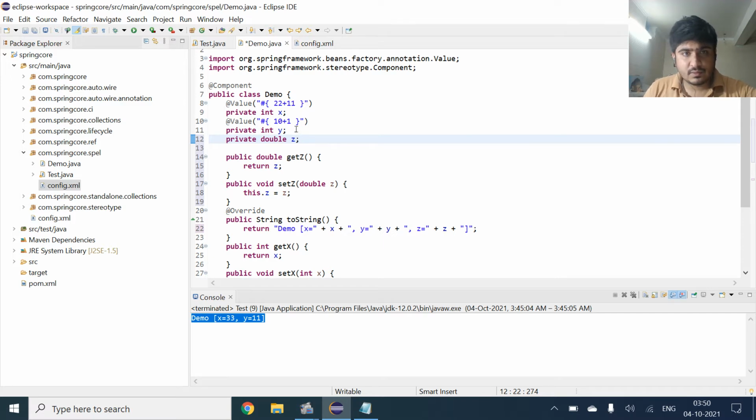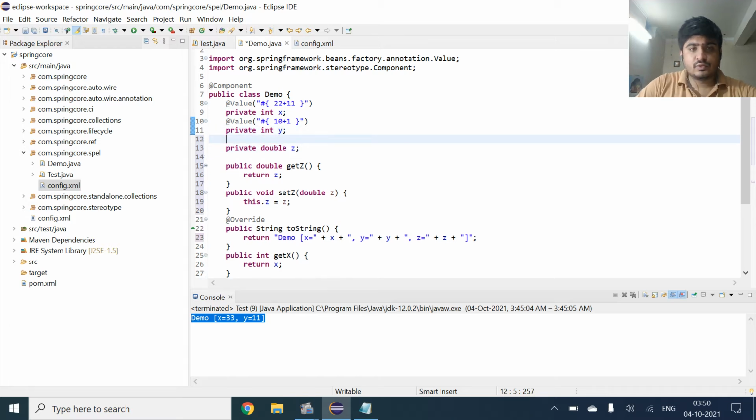What if we want to give a square root? So basically we will use a static method for maths. SQ.